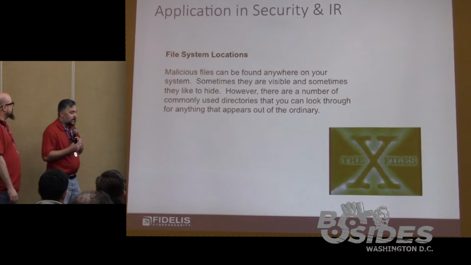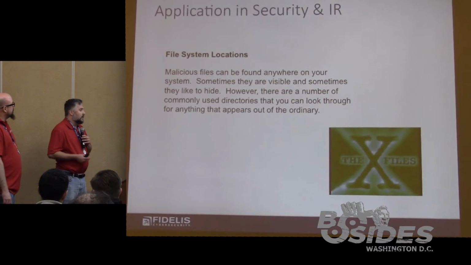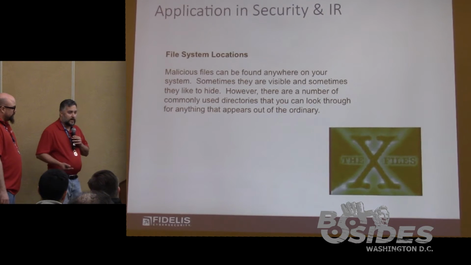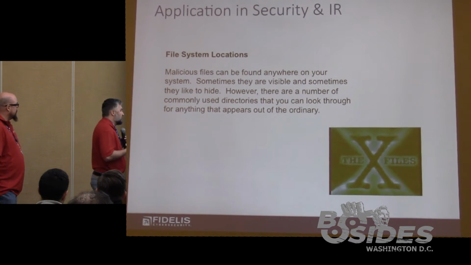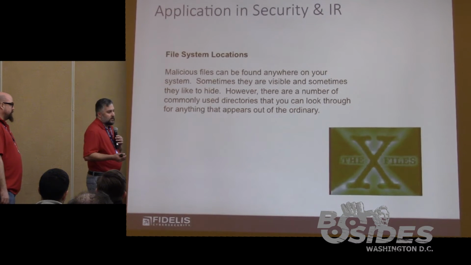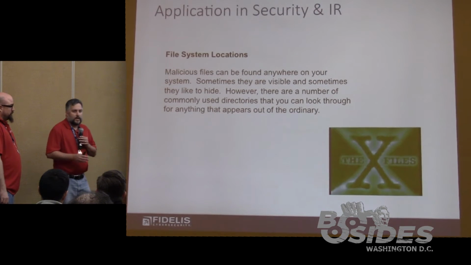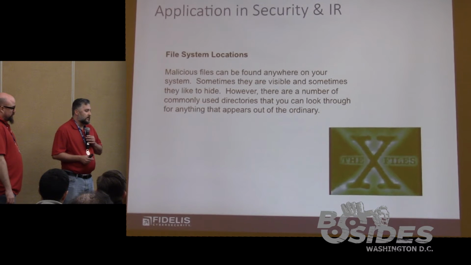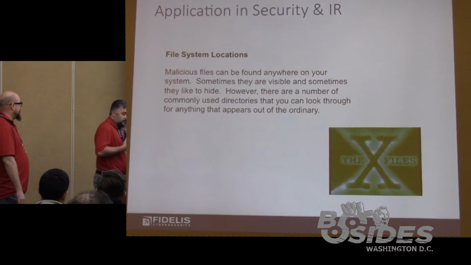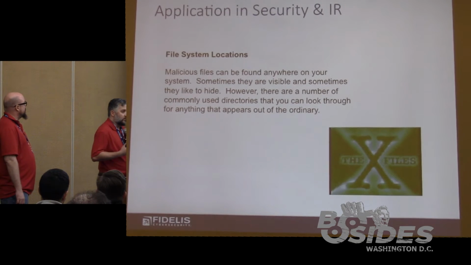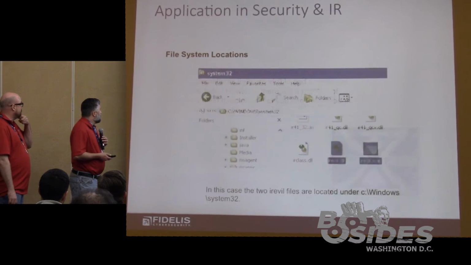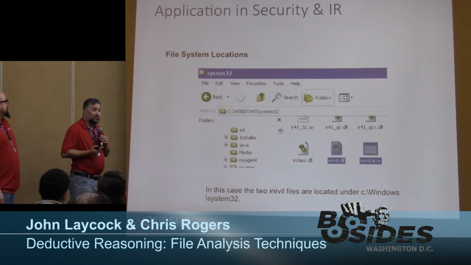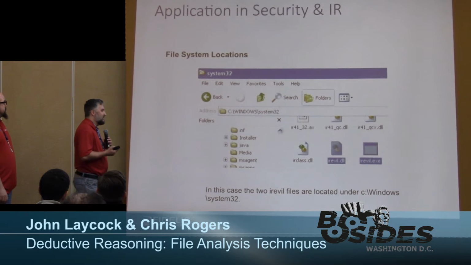All right. As the complexity has increased, there are a lot more locations. We have different operating systems, different versions of Windows that are coming into play. And so there could potentially be dozens of different directories to look in. And I have, again, some links at the end of the slide deck in the reference section that you can go through to get some ideas of places to look for suspicious files. But essentially what we're going to be looking for are things that just don't belong. You know, one of these things is not like the other.